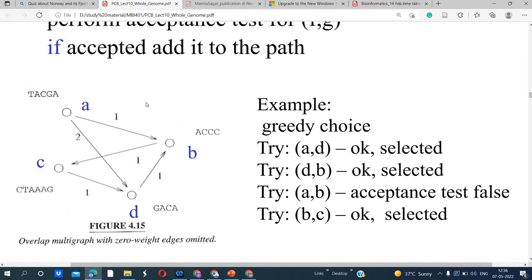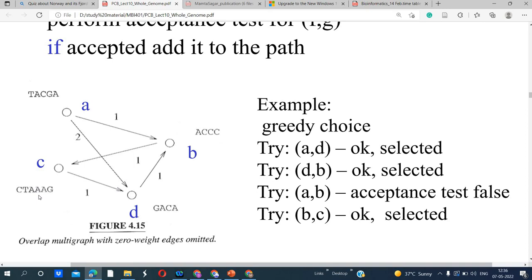If we match it with the B fragment, C is the common residue, so the B fragment can be added before the C. Okay, before the C. Now B can be added before C. So C will be the last fragment, because after D we are adding B, then after B we are adding C. Now this is the path.